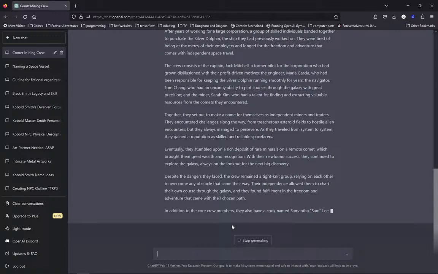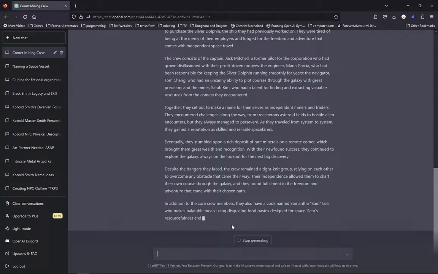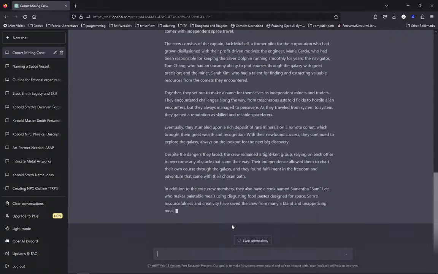Together, they set out to make a name for themselves as independent miners and traders. They encountered challenges along the way, from treacherous asteroid fields to hostile alien encounters, but they always managed to persevere. As they traveled from system to system, they gained a reputation as skilled and reliable spacefarers. Eventually, they stumbled upon a rich deposit.